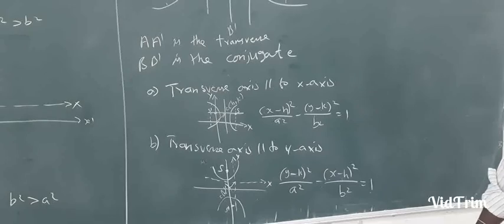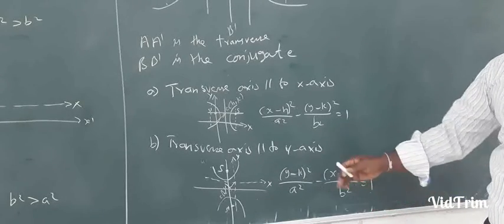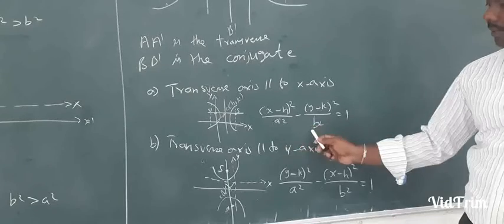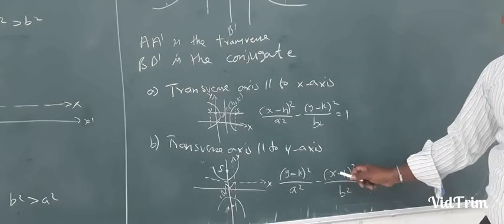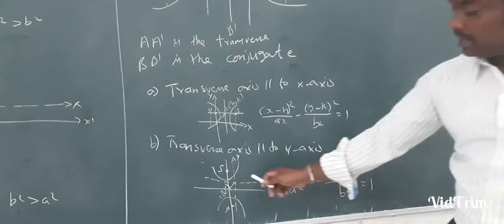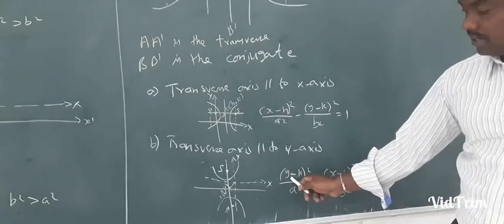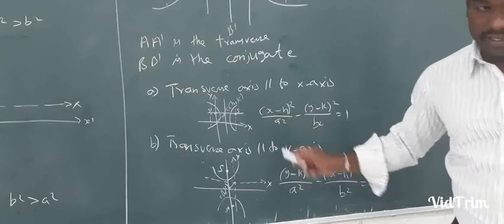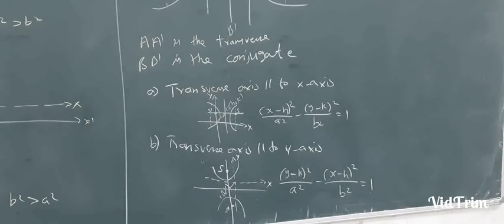Don't get confused with the ellipse. For an ellipse we only have to change the denominator, but for a hyperbola we change the numerator. Vertical means y will come first, and horizontal means x will come first. So these are the concepts of hyperbola and ellipse. Next we are going to see problems based on the ellipse and hyperbola.